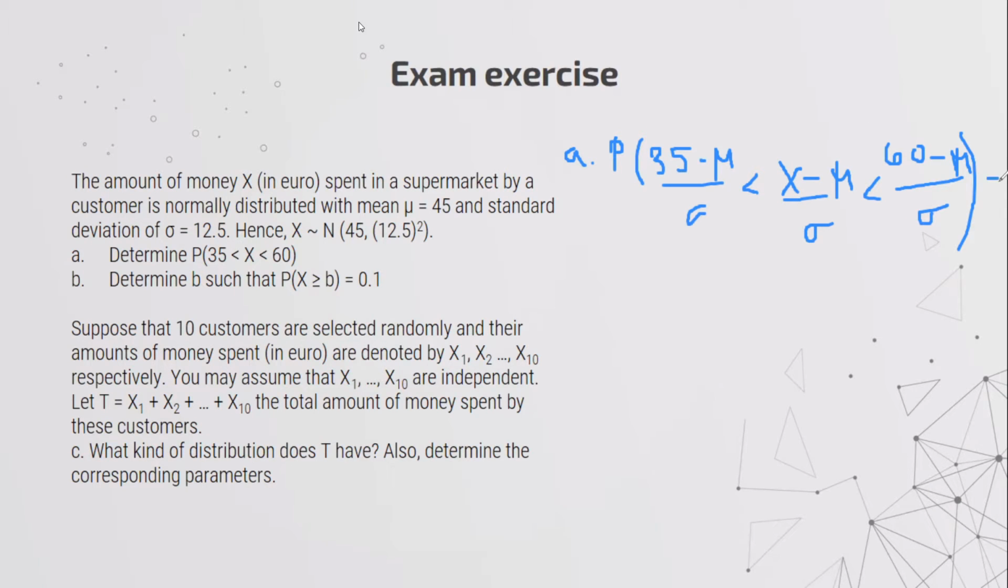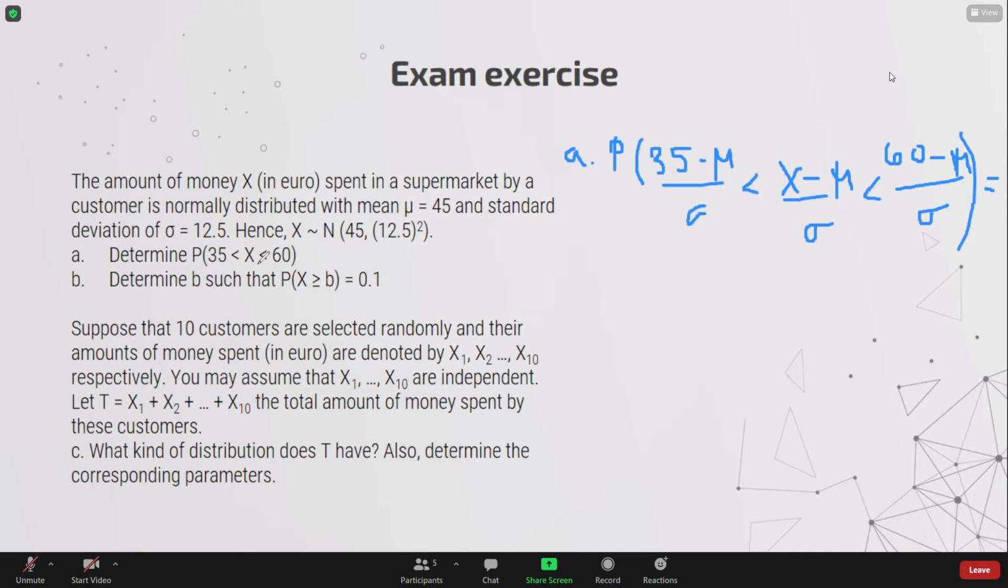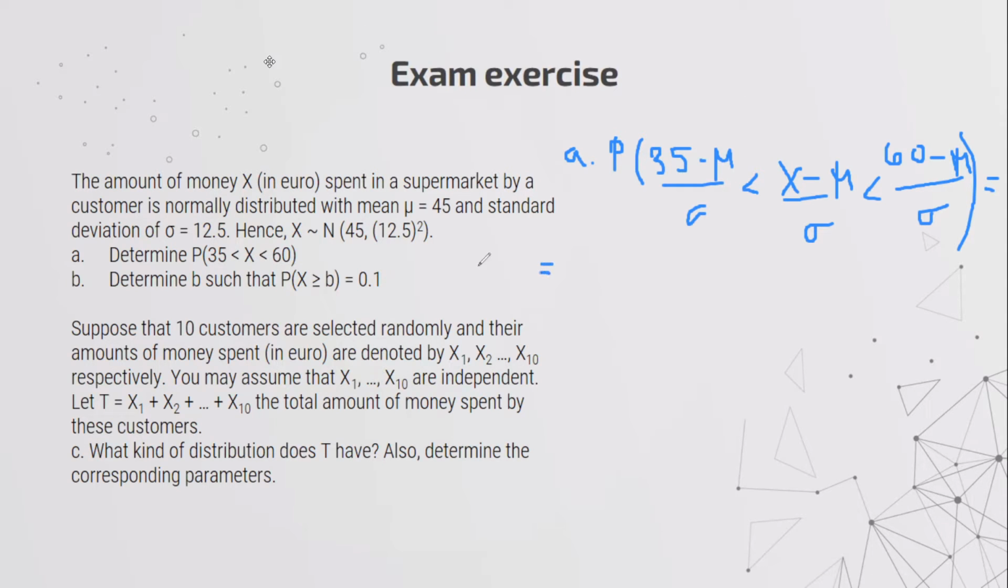So firstly, we are looking for x being between 35 and 60. But we know that already the mean is 45 and the standard deviation is 12.5. Sorry. So we can just substitute in our formula. We know the mean, we know the standard deviation. So it becomes easy. The probability of having 35 minus the mean, which is just 45, divided by the standard deviation, which is given, 12.5,